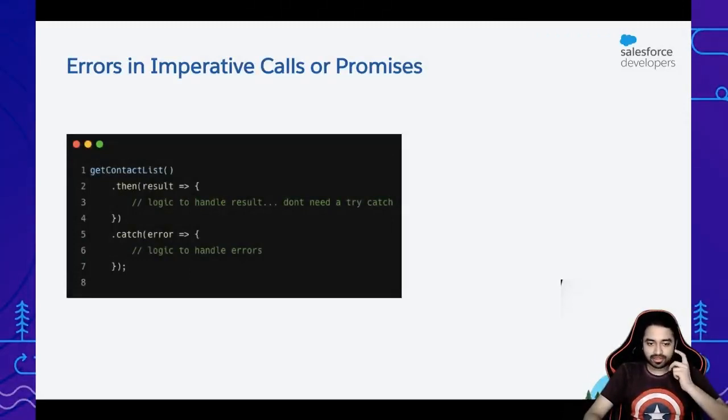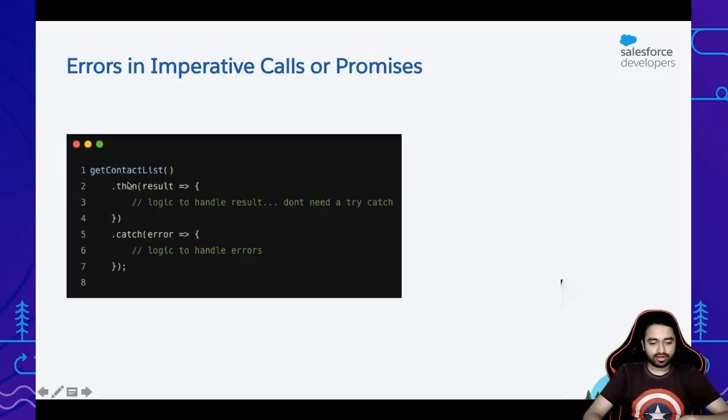But let's see what happens with the imperative calls. So whenever you're trying to call Apex imperatively, it follows the syntax of a promise. So even promises tend to work this way, where there is a method that you call, and this is where your Apex is going to get invoked, or a bunch of logic is going to get invoked. And just like your future method callout, you can just call this method. And once the method decides it has enough data to come back or an error to come back, it calls the then block or the catch block, depending on if there is an error or if there is no error.